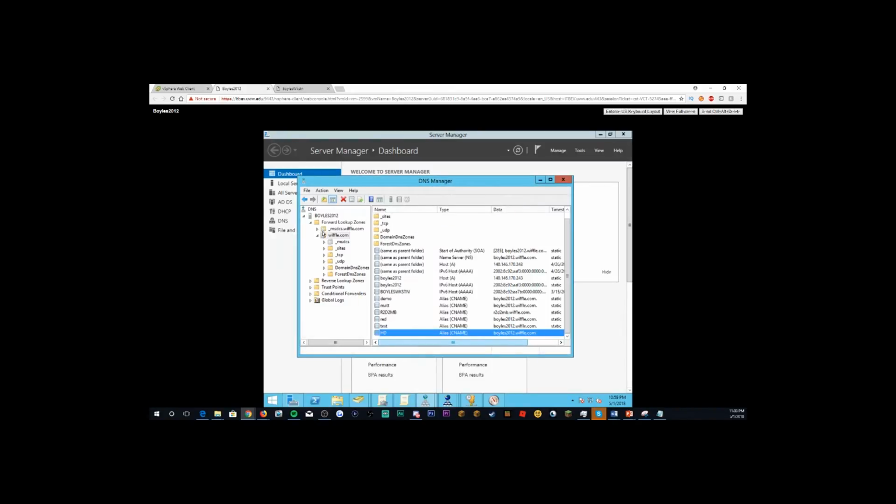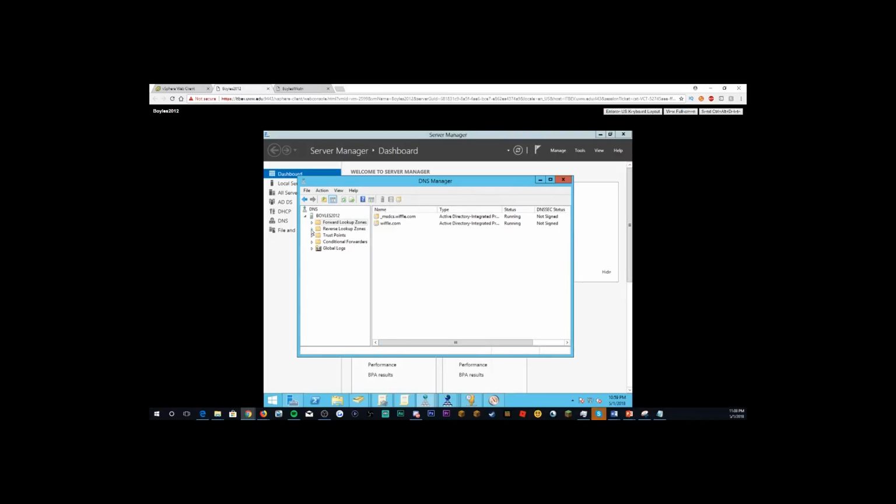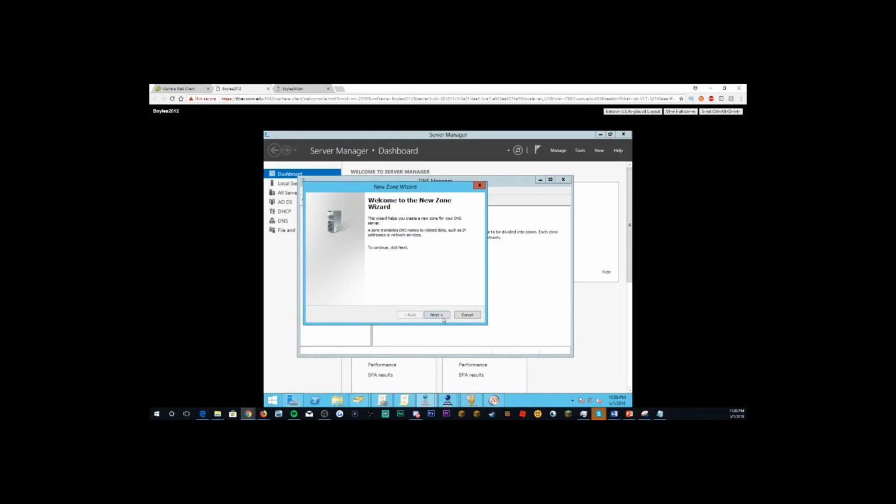So anyways, moving on then to the reverse. It is actually the opposite of forward lookup. Instead of looking up the name, you want to look up from the IP address to the name. So I'm going to go ahead into a reverse lookup zone. I'm going to go ahead and drop it down. New Zone. We're going to click Next here, Primary Zone. Next, and